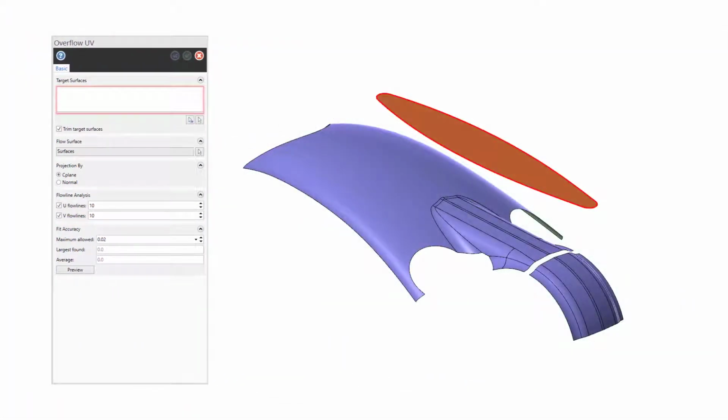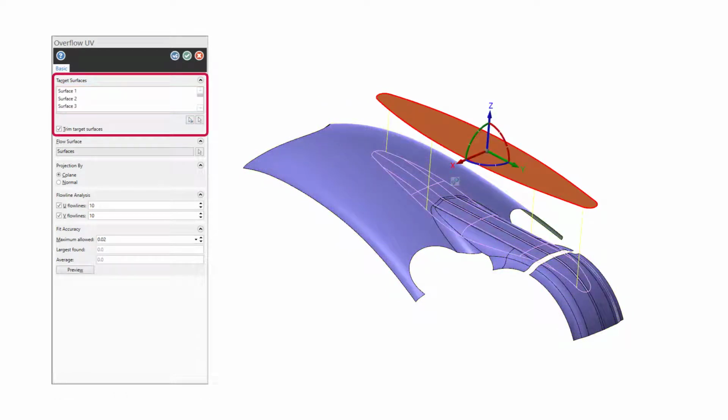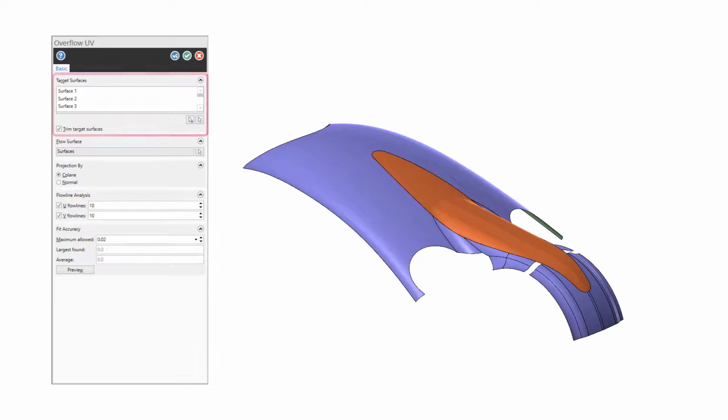Select Overflow UV from the Surfaces tab and select your flow surface. After confirming your selection, Overflow UV generates a single NURBS surface from your targets, covering small gaps and holes. By default, the function trims the target surfaces to the boundaries of the overflow surface. If you wish to keep the set of surfaces, use the Trim Target Surfaces option to project a new surface